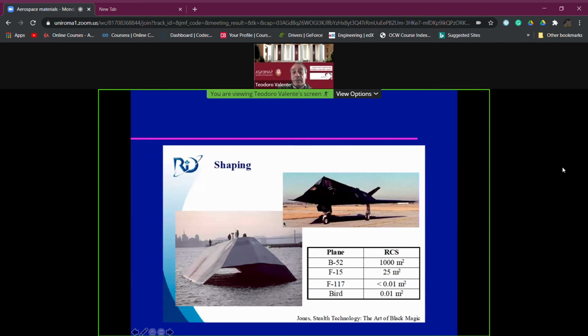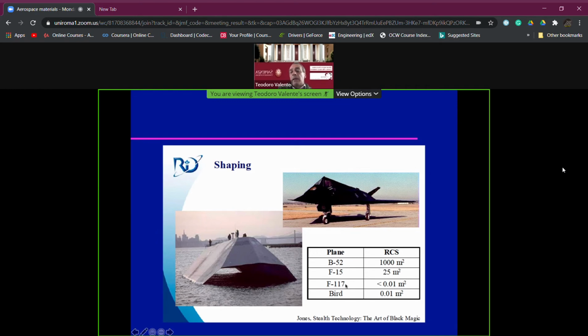Some examples of RCS values: fortunately, they are not commercial planes, but perhaps you have in mind the shape of the B-52, a very rounded shape. Here we have an RCS value of about 1,000 square meters, which makes this plane easily detectable. If we move to the